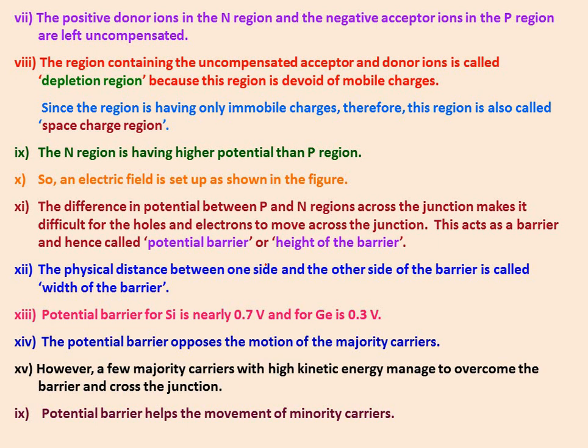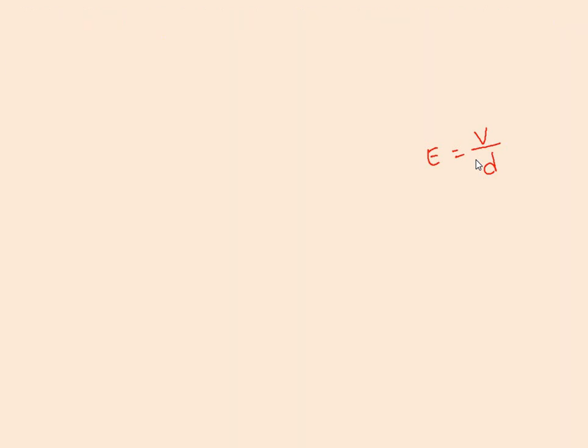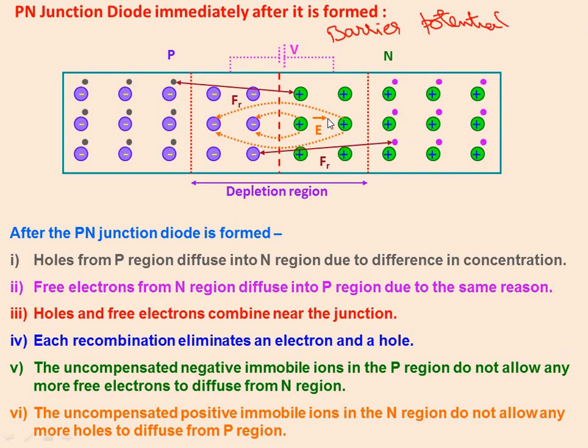then the electric field across the junction can be given as E is equal to V by D. Can I write this? From N side to P side, remember this, from N side to P side. I am speaking about this electric field which we have already mentioned. Remember, this represents the electric field, not the direction, don't confuse there. It states that there is an electric field, it's not the direction, I repeat.